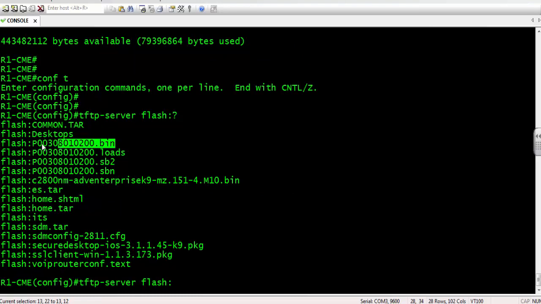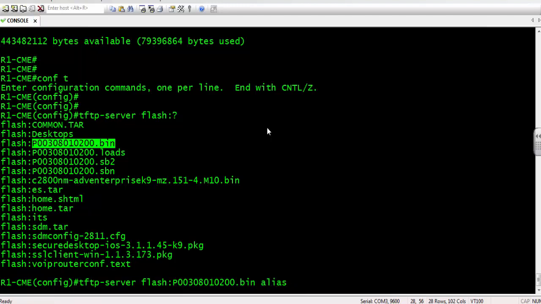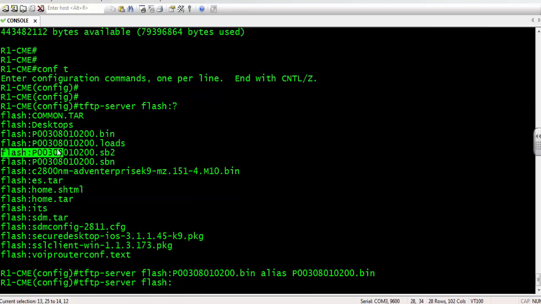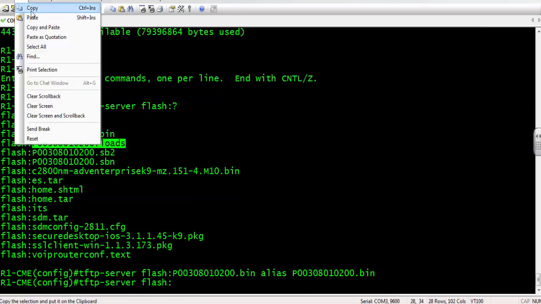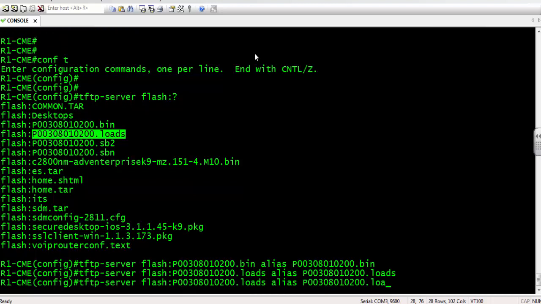I'm going to begin with this first one, copy, and paste in there. I will type alias, paste, hit the enter key, use the up arrow key, remove till here. Okay, and copy the next one, the important one, loads, copy and paste, and type alias and paste it again here. Next is